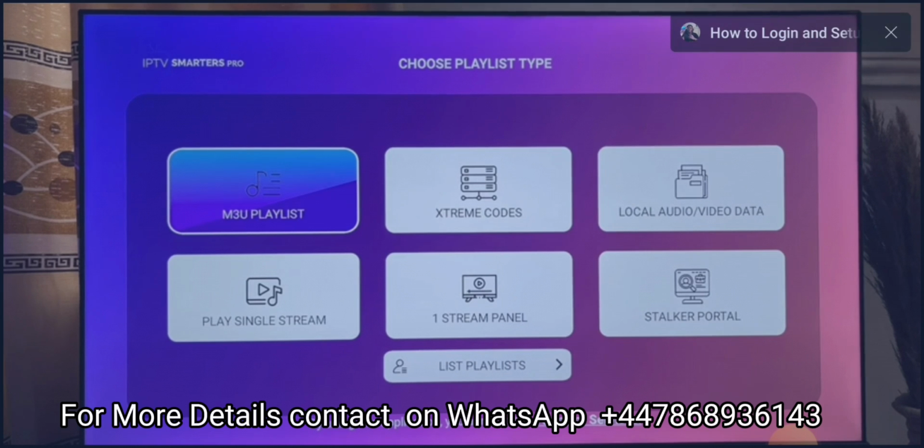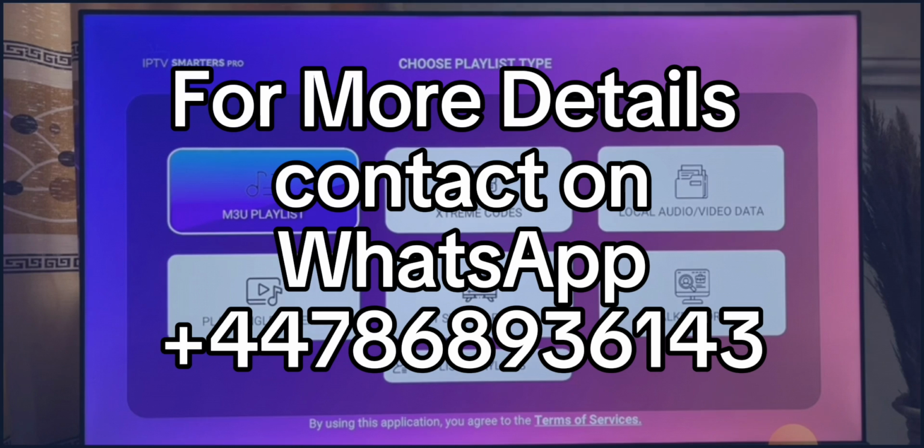Now you can go ahead and log in using the Xtreme code or your M3U playlist, which you can actually get from your service provider. But I've also made a complete tutorial on how to log into the IPTV Smart House Pro app